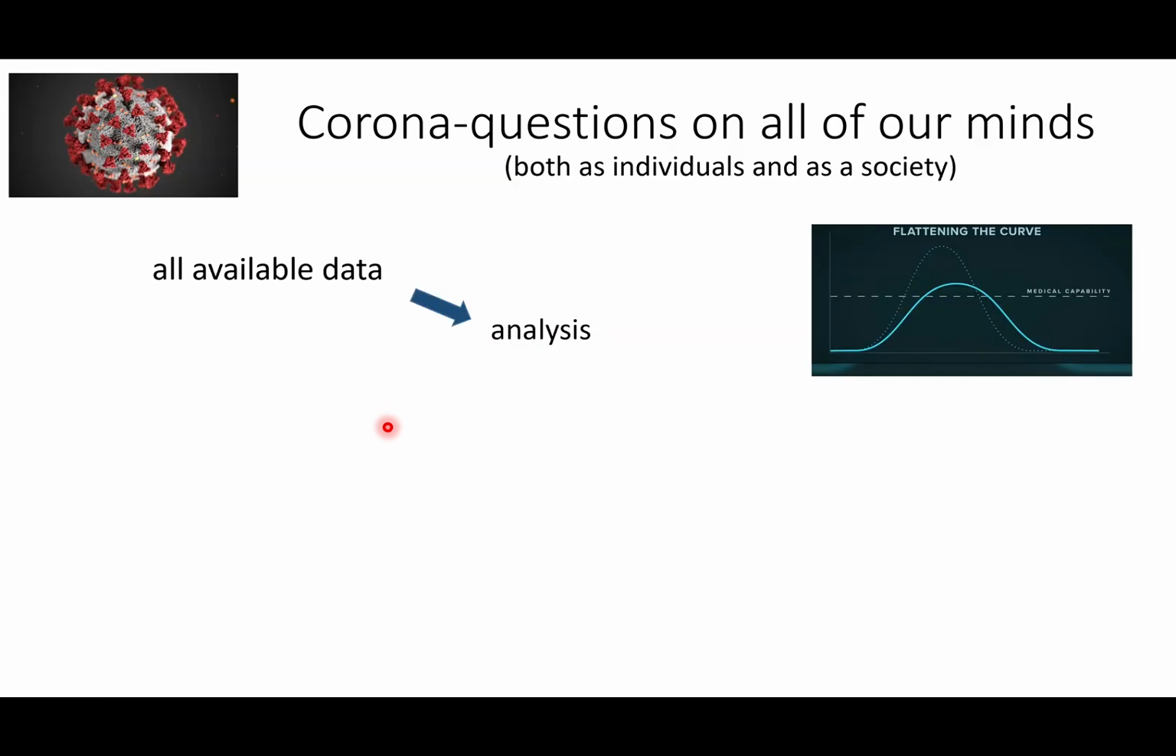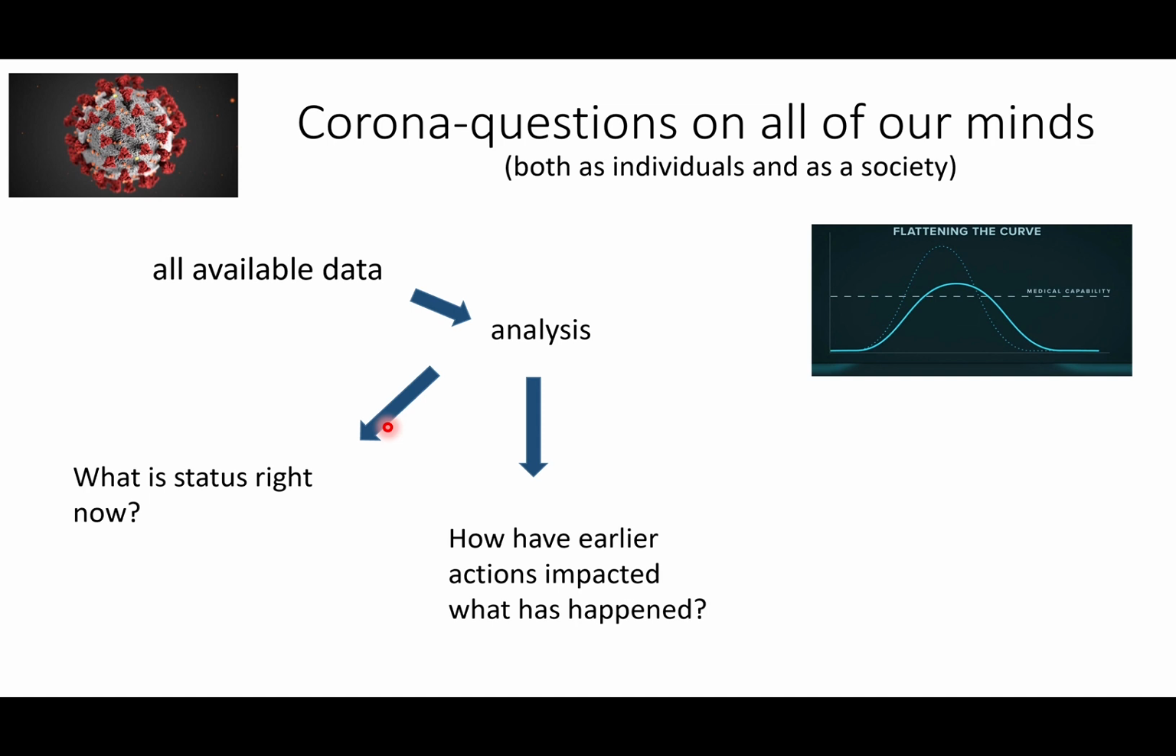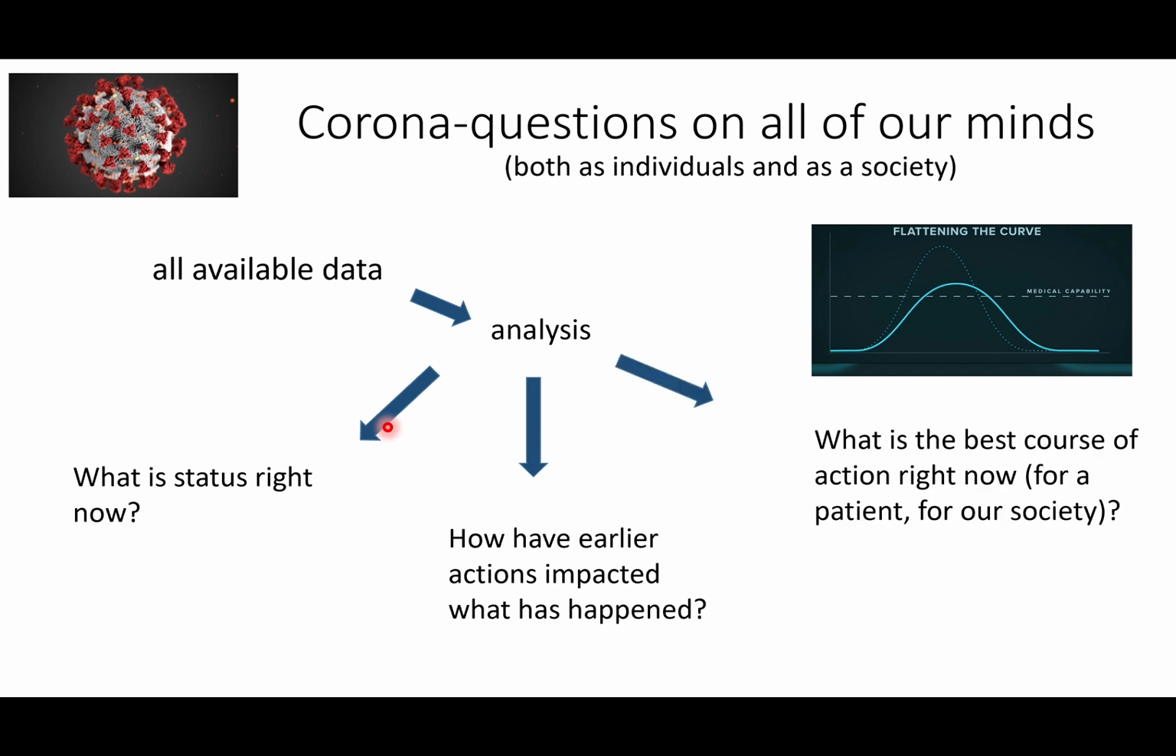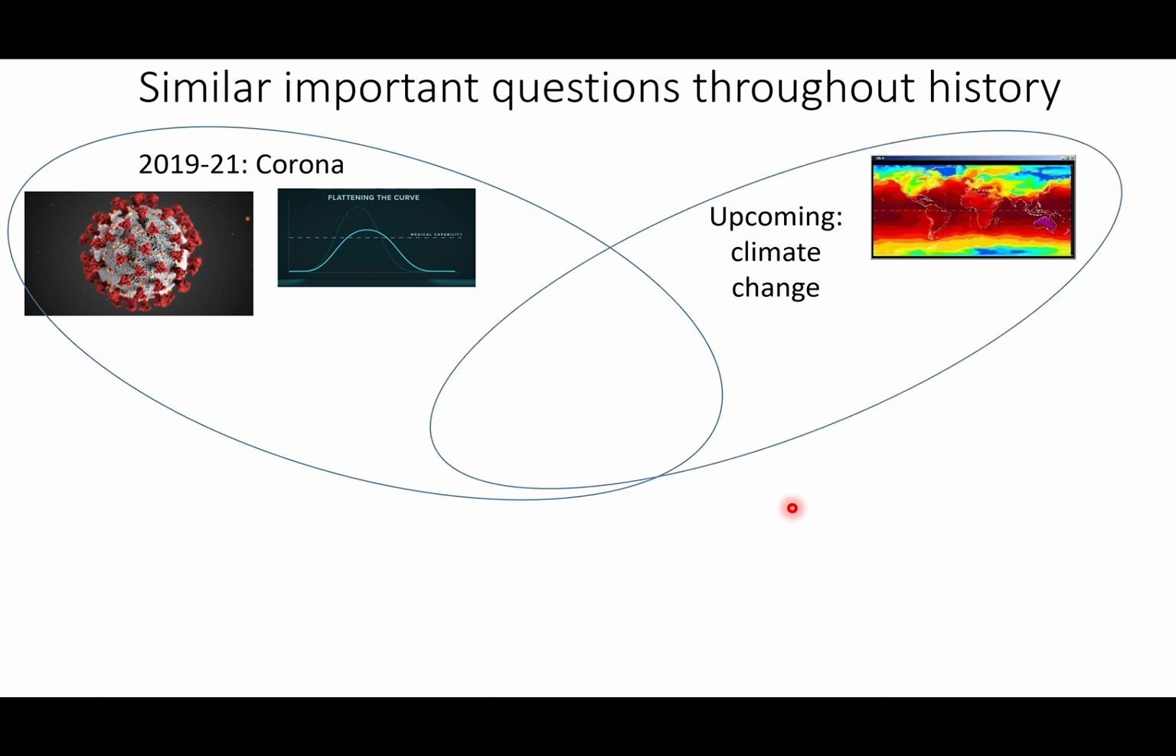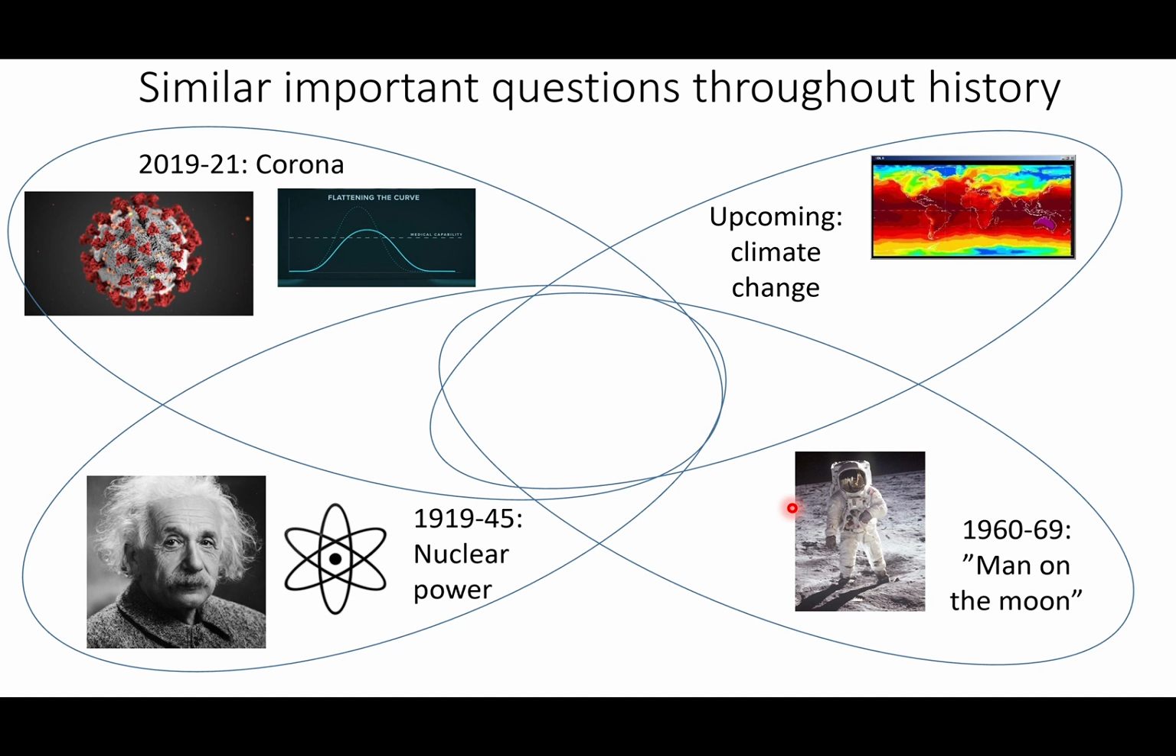The Corona questions that are on all of our minds are how to combine all available data to do analysis of the data to find out what is the status right now, how have earlier actions impacted what has happened so far, and what is the best course of action right now to, for instance, flatten the curve or treat the patient. And this is just an example of a question that we've had throughout history. Other questions are climate change or putting a man on the moon or developing nuclear power and understanding the universe in a very foundational way. And a joint thing for all these